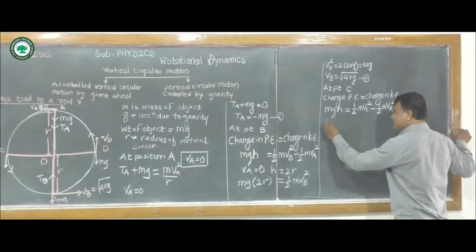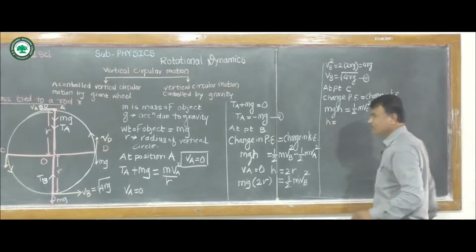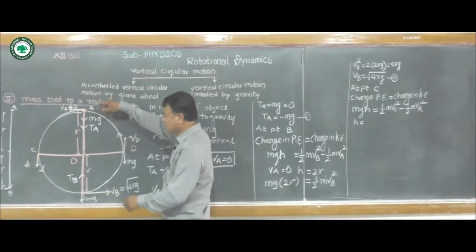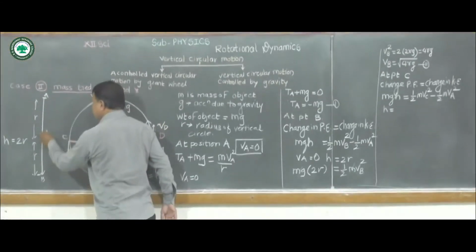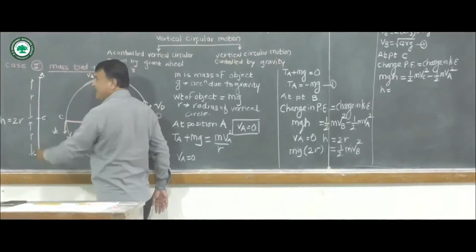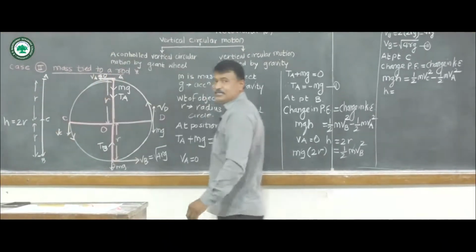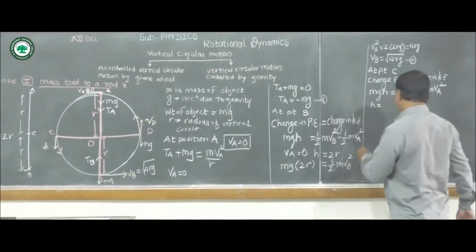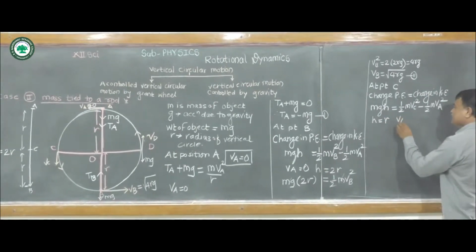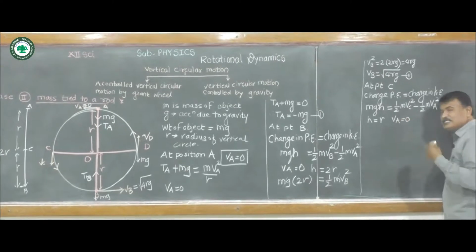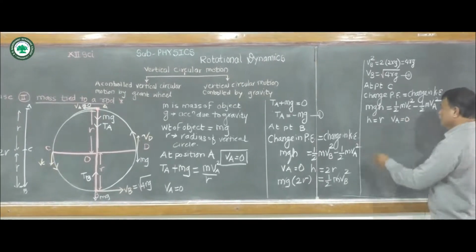Now in this case, h is equal to, from this diagram, we know that we consider this distance A and C. So this distance between A and C is only r. So in that case, h is equal to only r. So we substitute here h is equal to r. And again Va is equal to 0. So Va square is also 0. Then we get this